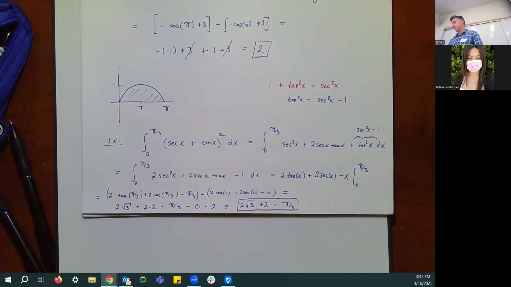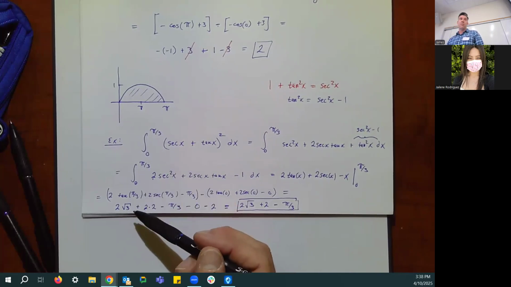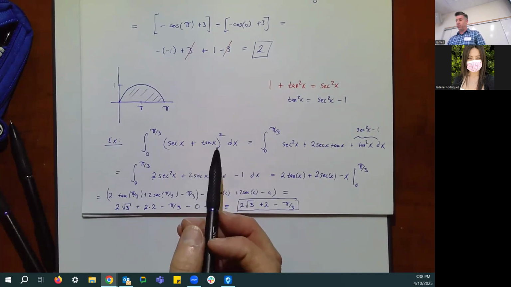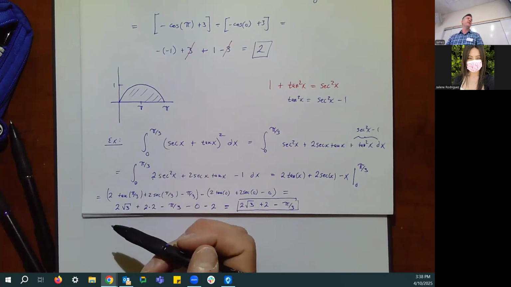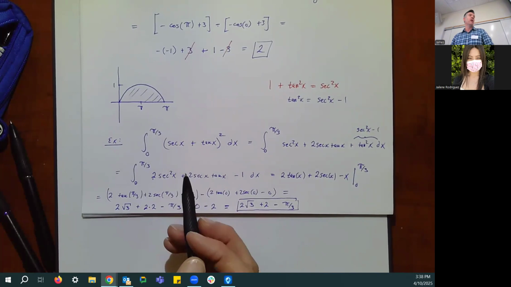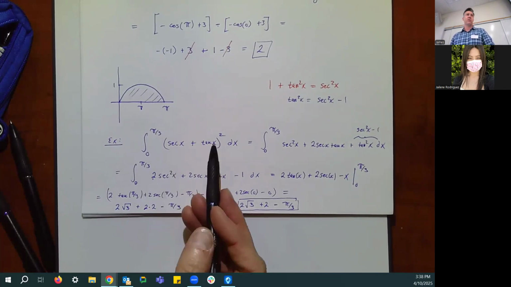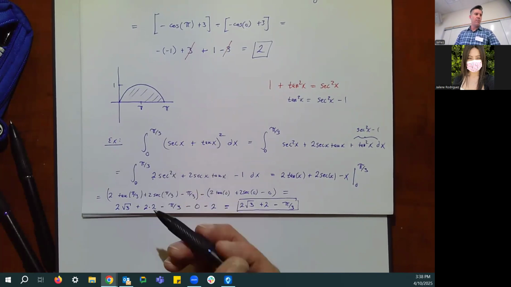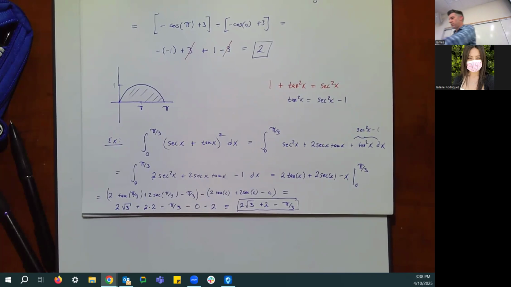No, I'll say it again. This integral just represents how much area is under this curve between 0 and pi over 3. And it's correct to say under here because I know this curve is always above the x-axis because it's something squared, so it's always not negative. That said, though,